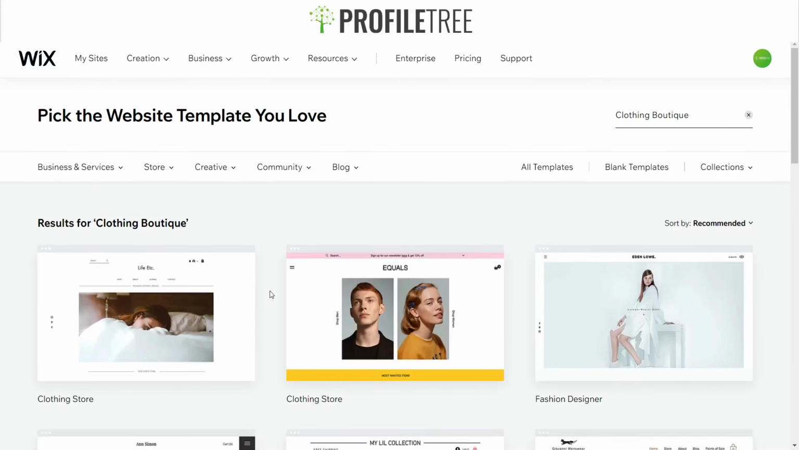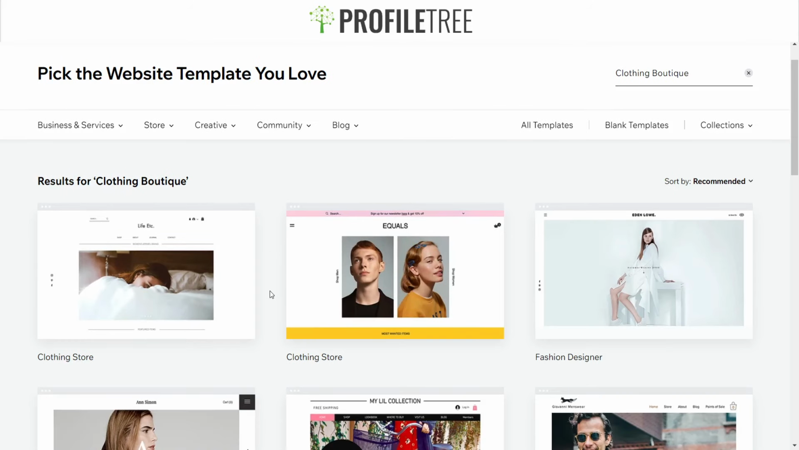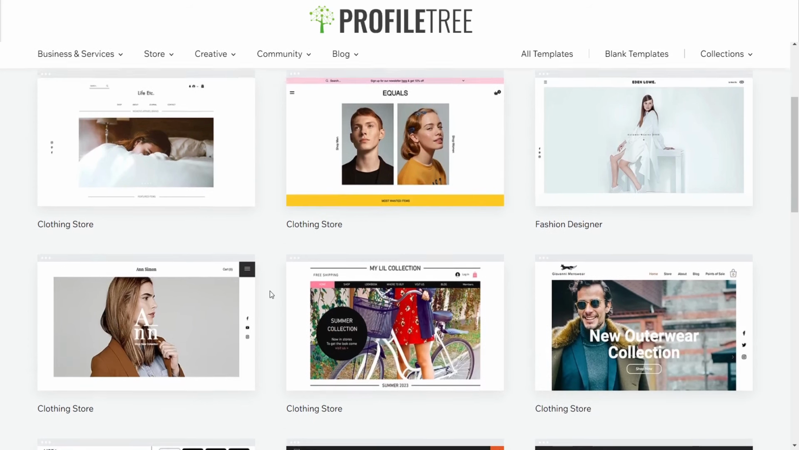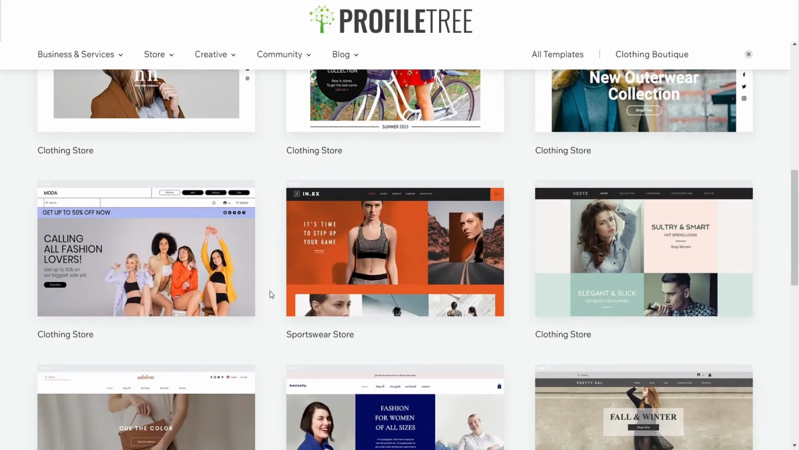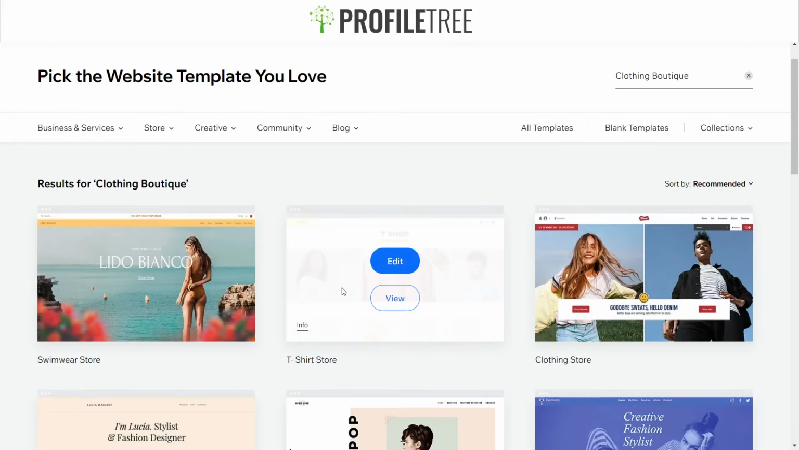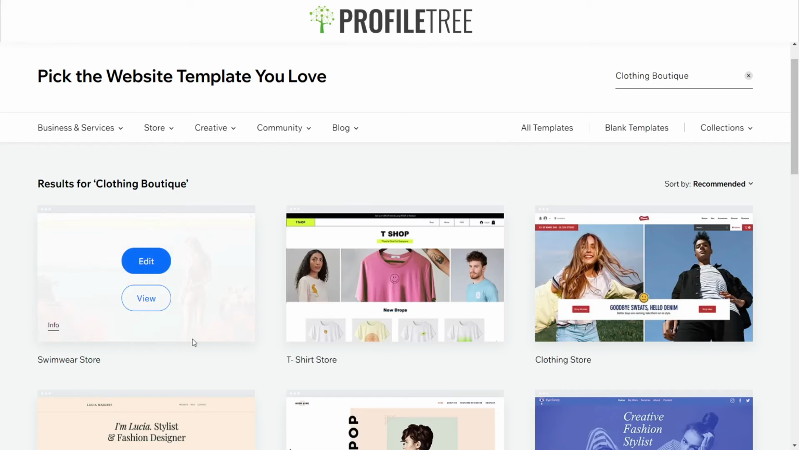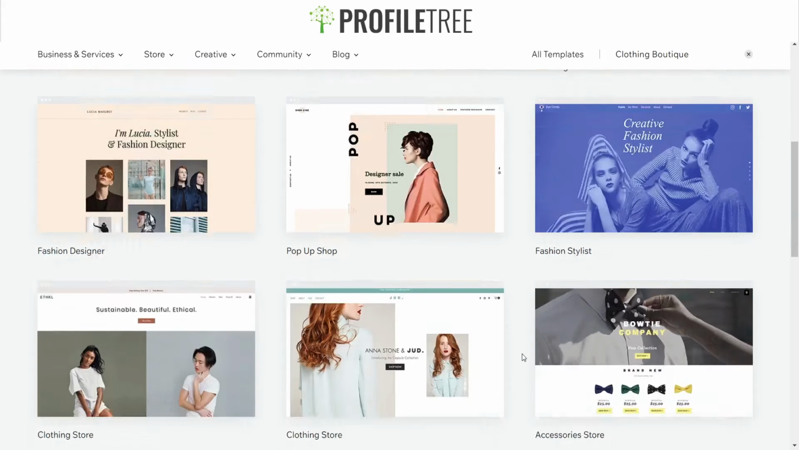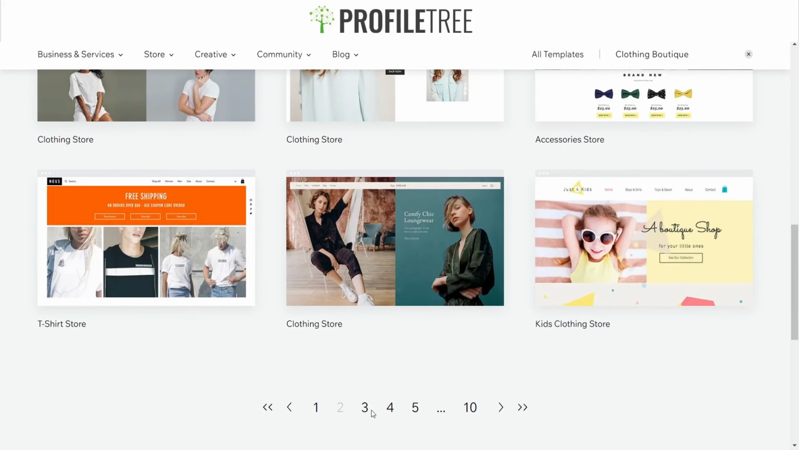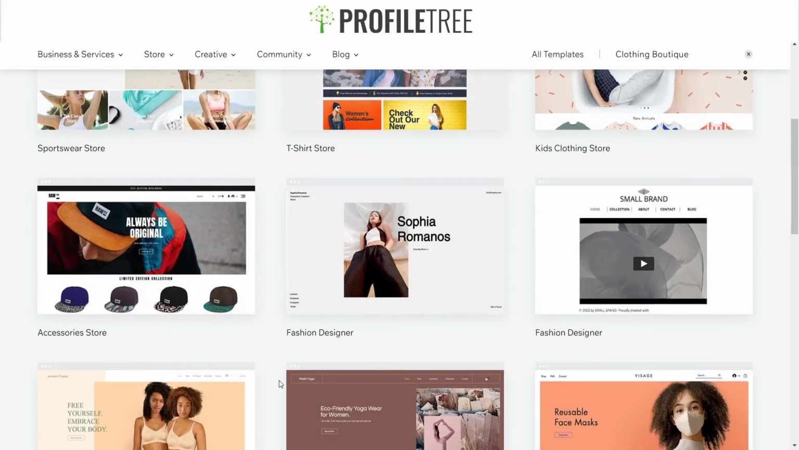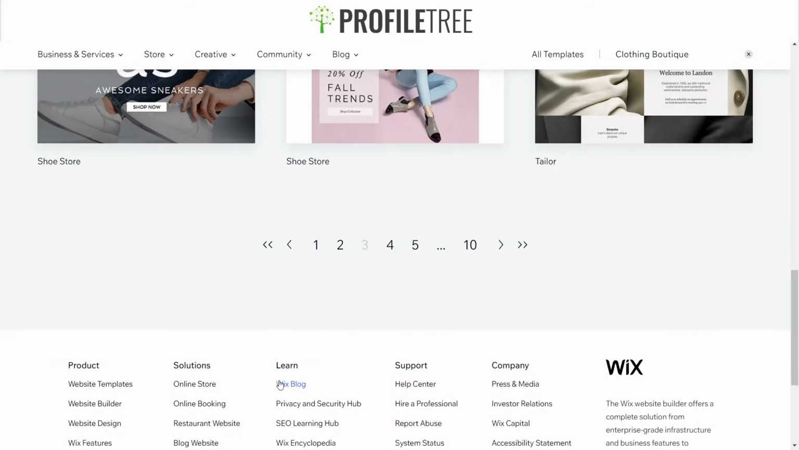So off the bat, as we chose Clothing Boutique, it'll give us a list of different options for what we would like to have as a clothing store. As you can see, they're very minimalistic looking, just up to date. Some of them have a swimwear store, a t-shirt store, a clothing store, a bunch of different options for the clothing, which is great. You could flick through this for days if you wanted to, and you'll still get loads of options,